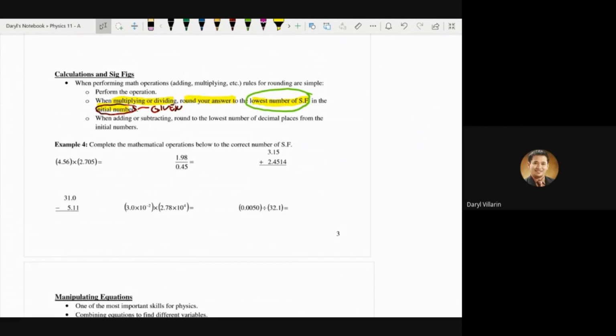I think you can rarely find addition or subtraction. But anyway, if you're adding and subtracting, you will follow this rule here. So you need to round to the lowest number of decimal places from the initial numbers. Again, when we say initial numbers, these are your given. Okay,